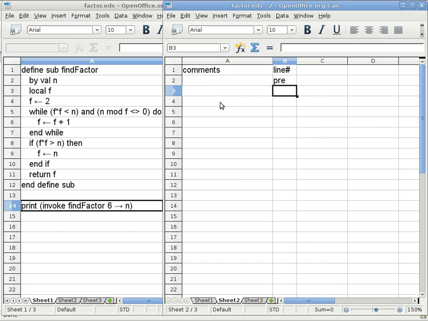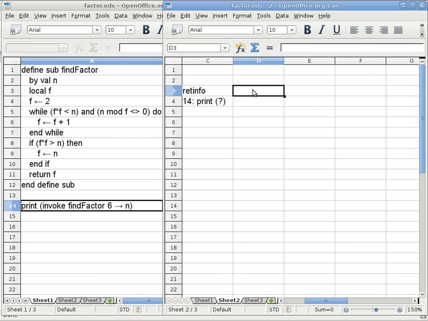I don't think this one is going to be any problem at all. Move on to sheet 2. The comment area is kind of long because we have a fairly big expression here to evaluate. Okay, let's start execution on line 14, and we just have to set up one parameter and one local variable in this case, and also the return info. The return info in this case is pretty easy because we just have to go back to line 14, and the only thing left on line 14 to do is to print out the value that is returned by the